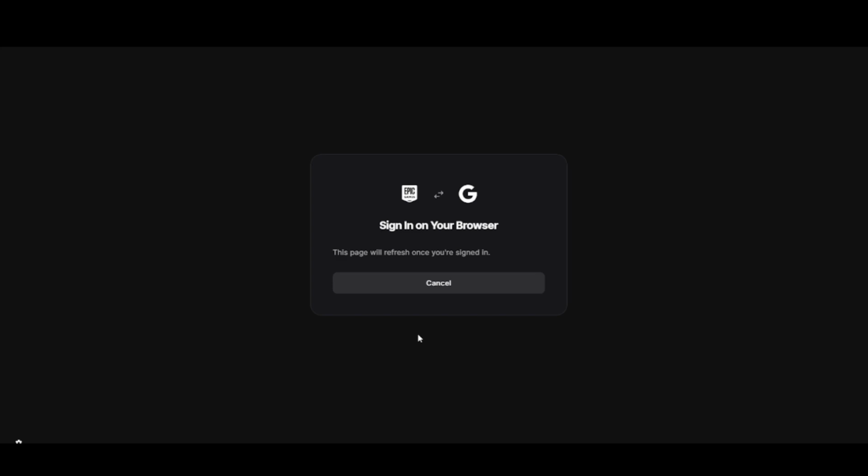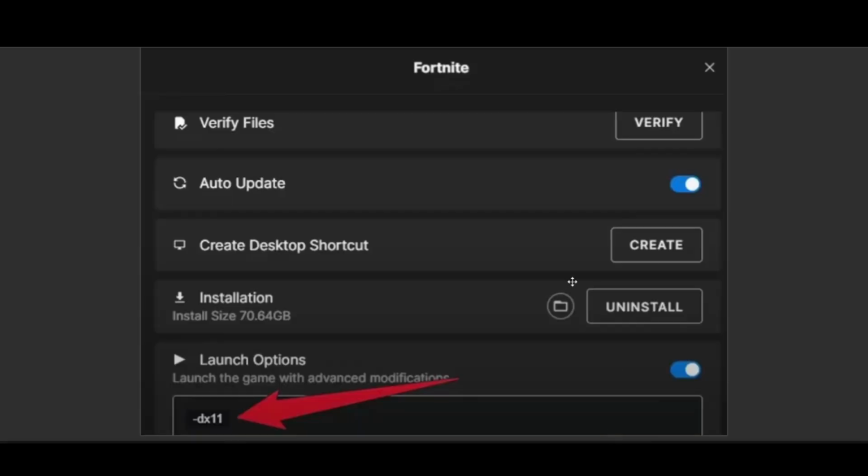ahead and open your Epic Games, go to the library, click on the three dots under Fortnite, and click on Manage. So over there, you'll be able to see the Manage launch options. Then in your launch options, just go ahead and turn that on, where you can type in DX11, then you can close the tab. Now once you've done that, you can launch the game and check if it solves your